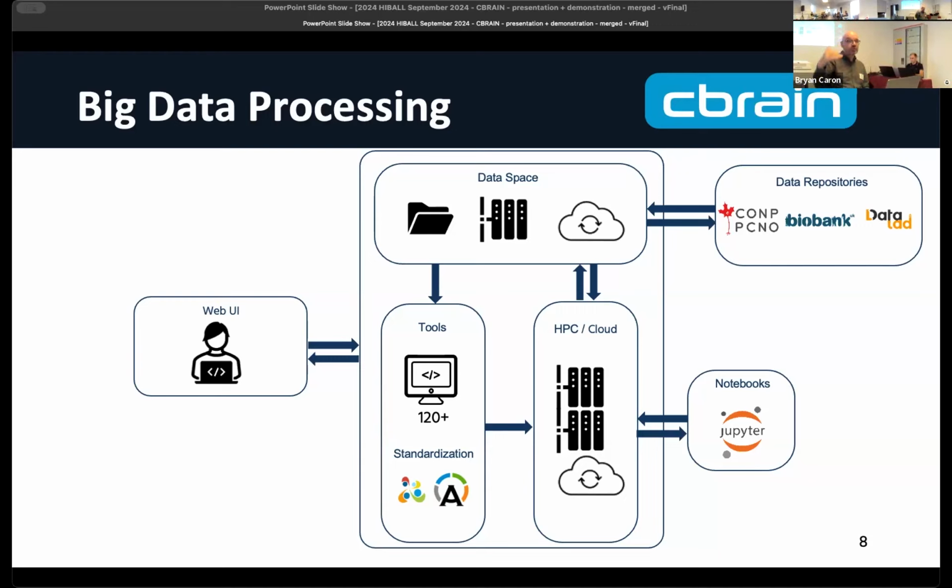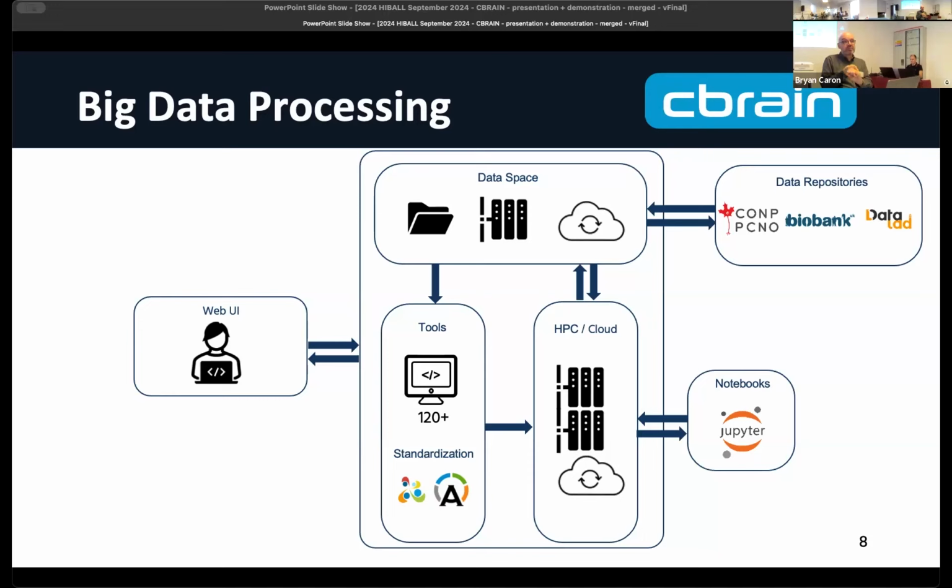But from the tools, you'll see an inventory of tools and it's arranged by categories. People can then select the tool for the data they want to analyze. You then make a decision, or possibly you don't even have to decide, where you want that tool to run on your data. And then it can be something that you brought up to the system yourself into that data space, but it also can be brought from any of the connected data repositories that we have. Because it's foundationally in Canada, it doesn't exclusively need that. Things from the Canadian Neuroscience platform. We also, as was talked about, have access to UK Biobank for McGill-based members.